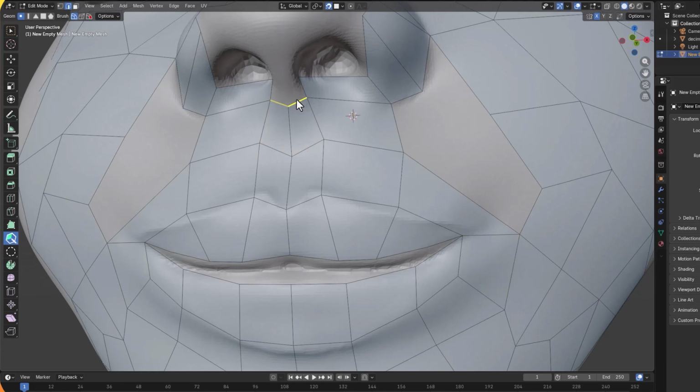So this one there will go like this. So I'll extrude this for there, like there,